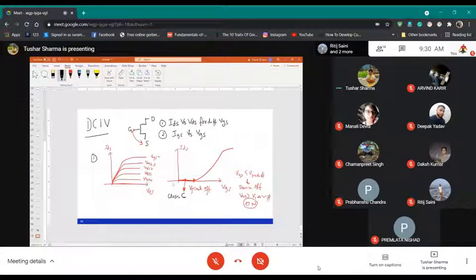When you are right at pinch off, where you are drawing a little bit of current, this is called class B. Then if you keep increasing your gate voltage and you start drawing some current, which is usually Imax by 2, this is called class A. And in between A and B, if you bias somewhere here, this is called class AB.